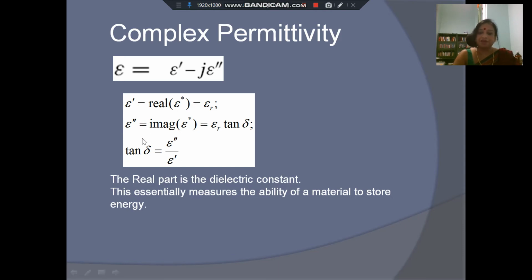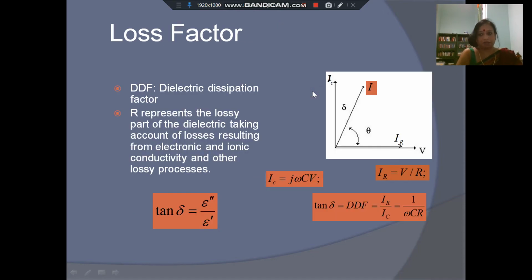And the imaginary part gives us a measure of the losses in the system. It is related to the real dielectric constant by the term tan delta. The tan delta is the loss tangent, also called the tan delta quantity. So let us take a look at loss factor, because we are often concerned with measuring the loss factor of